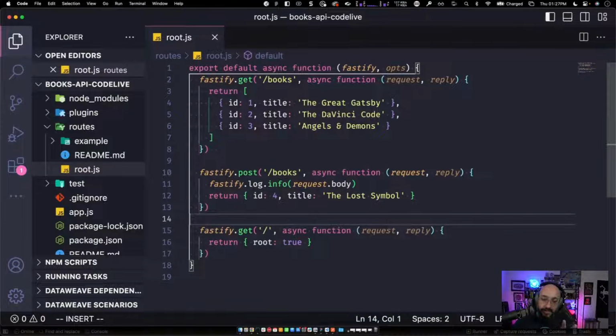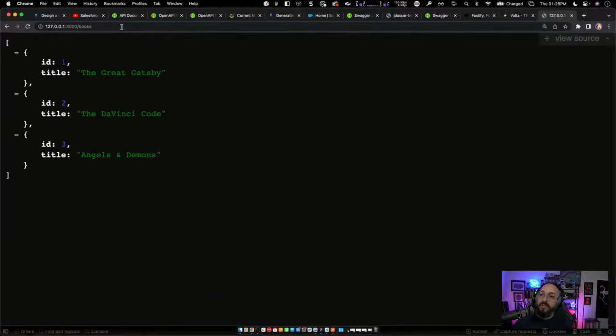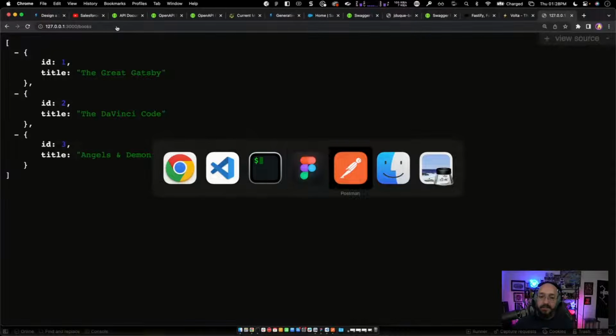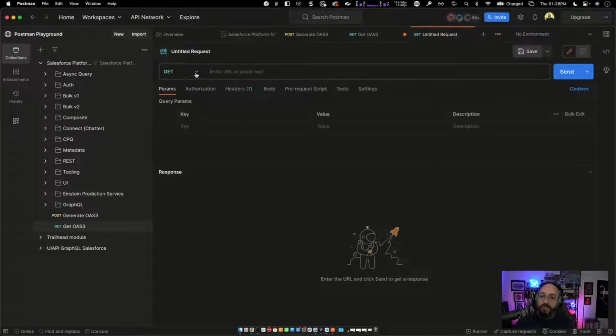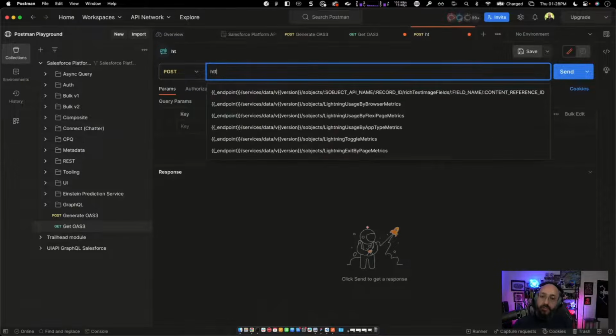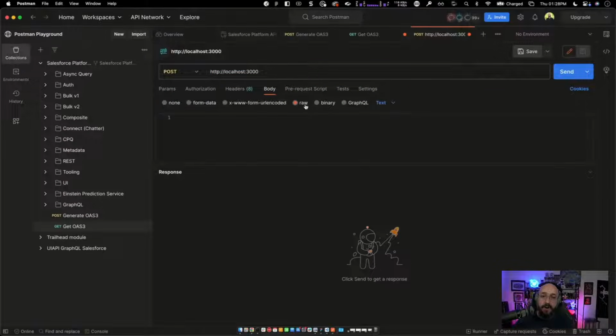So let's define our API this way and let's see if this worked. So go ahead, our server. Let's go to the books route. We have the route returning those JSON objects. And if we send a post request, let me go to Postman, create a post request to the localhost 3000 and send a body in JSON,